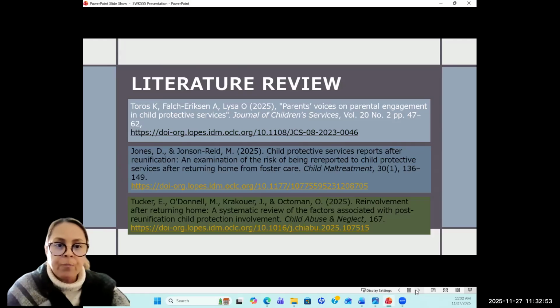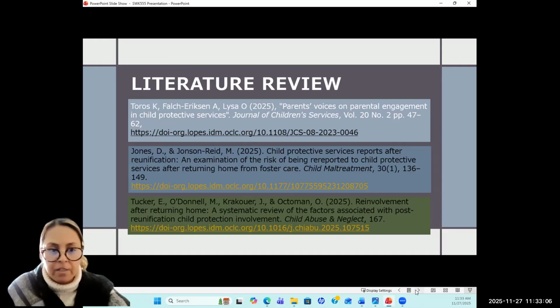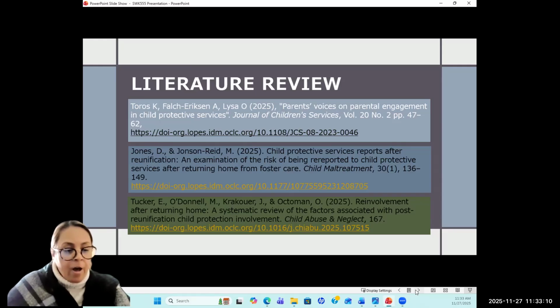The literature review that I have, I read three of them, and there's ample research that has been completed on child welfare, but mostly the after effect on children after being in foster care.